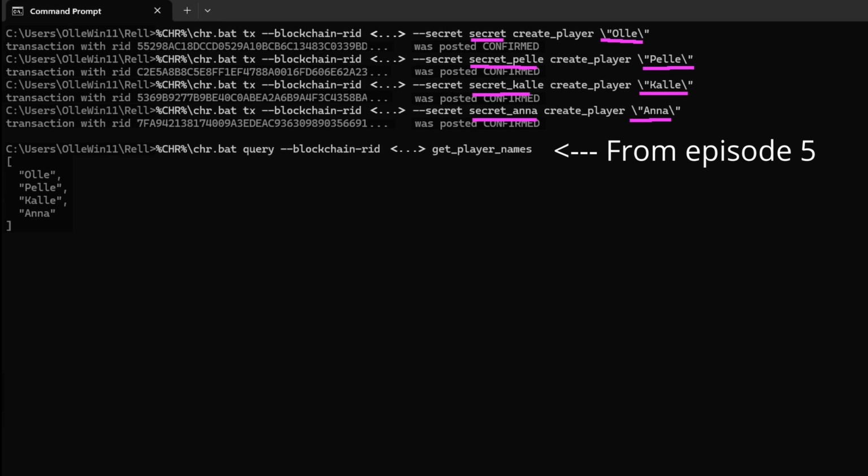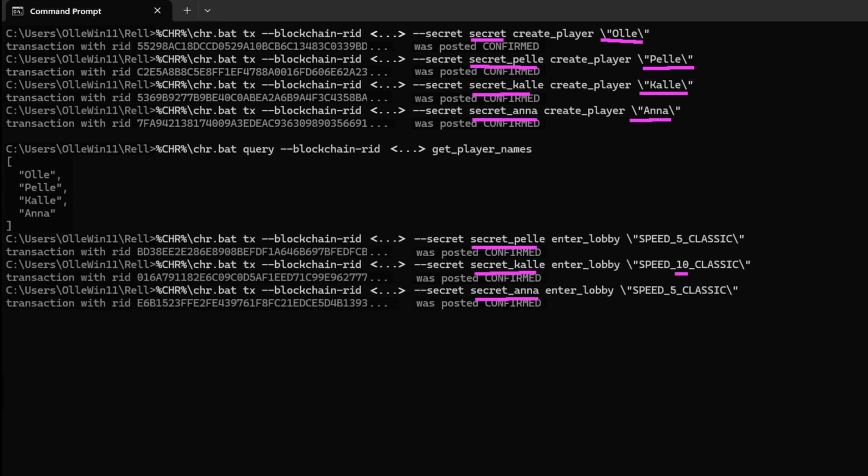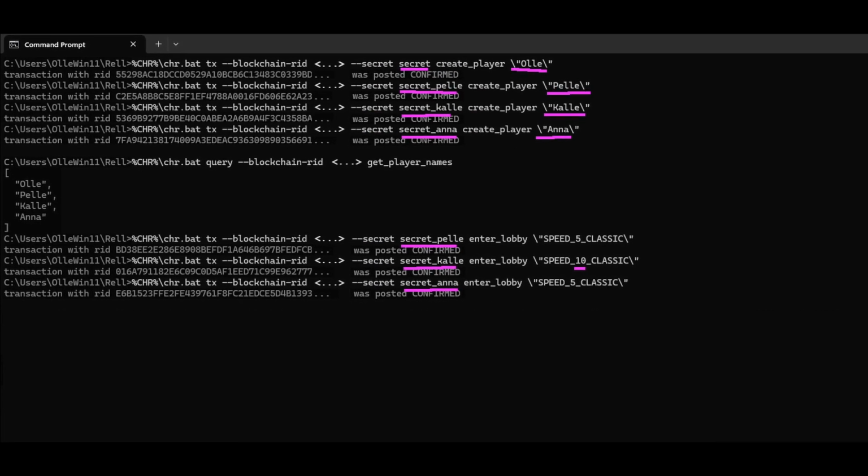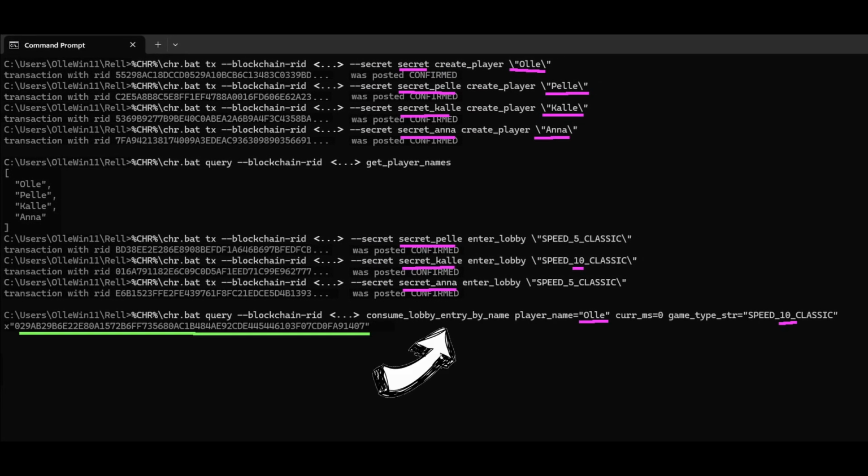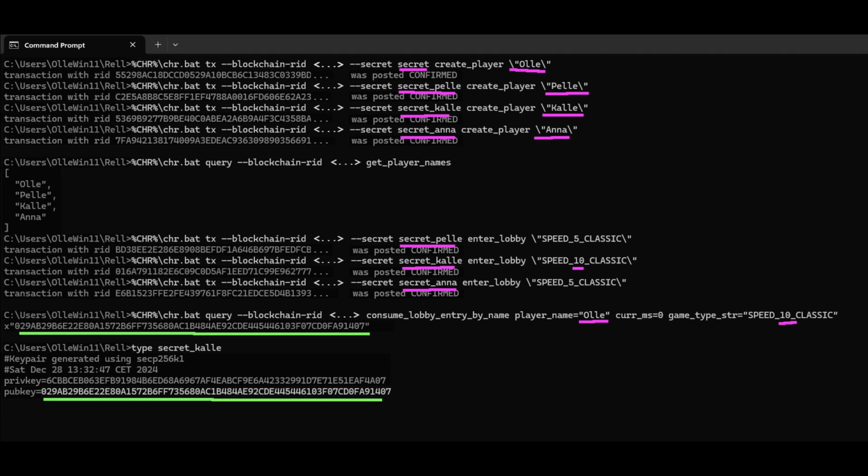Yep, they are stored. I want 3 players to be in the lobby, but Kalle wants to play a 10 minutes game while the others play faster. We call our query based on the player name Olle and the game type 10 minutes. And we should find Kalle, who is the only one of that type. Yeah, it seems to be working on a basic level, but now we want to test if players of equal